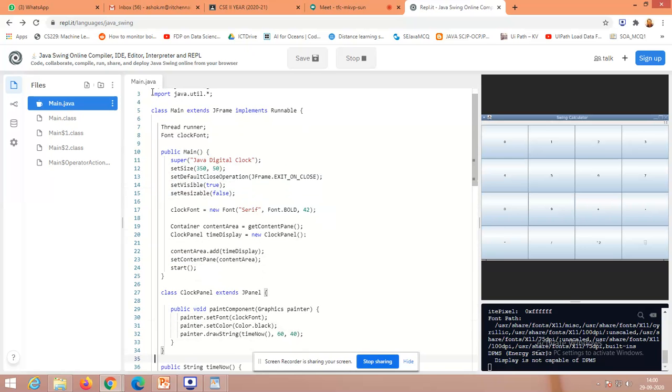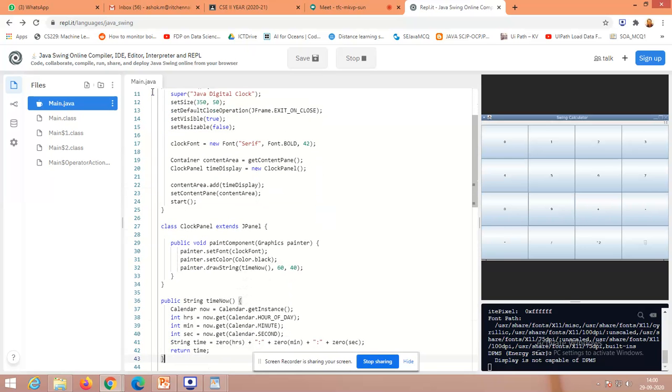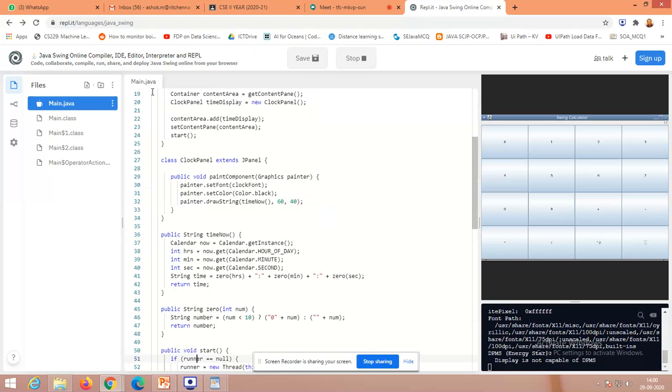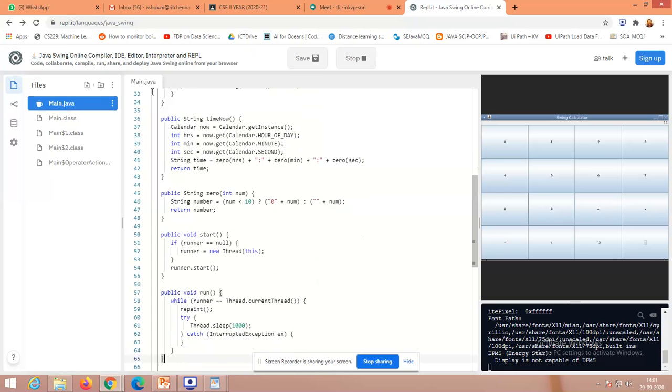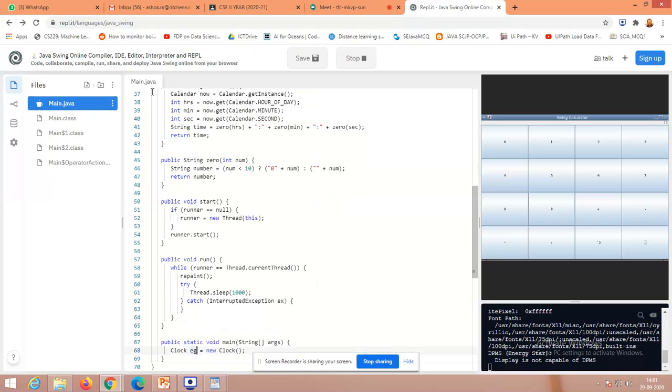Clock. But yes, here we have clock. Here we are instantiating, right? Main. And here we have to change this.